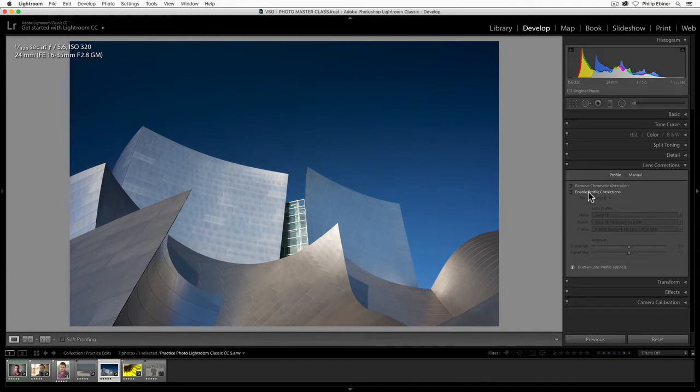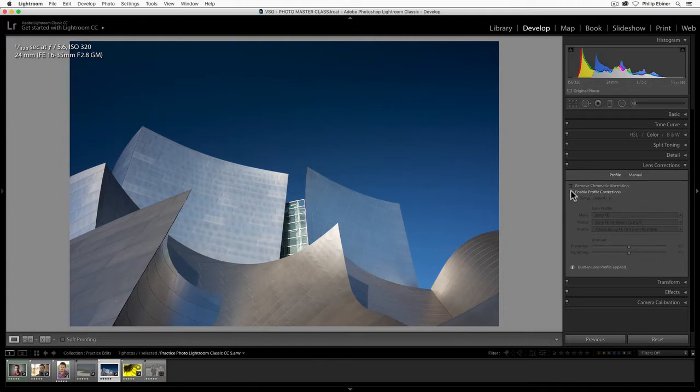Chromatic aberration is a color sort of distortion that may happen, and you may see along the edges of things in your photo, like purple lines or red or green lines or some just sort of color distortion. So if you see that in an image, you can check that on and it will try to remove it. There's not really any showing up in my photos right now, but I just wanted to make that note.